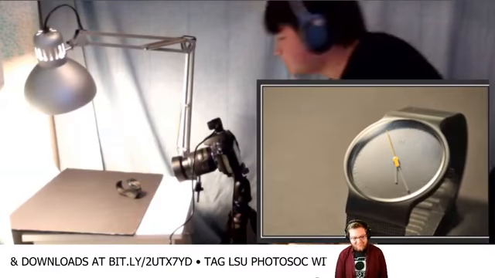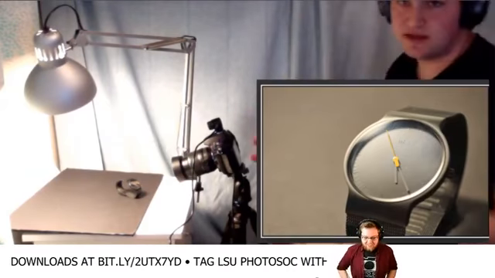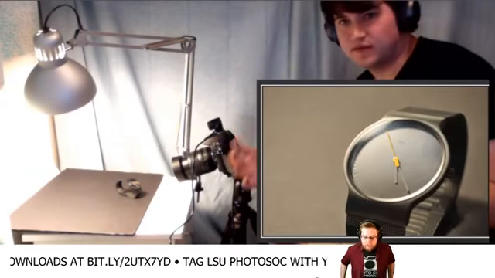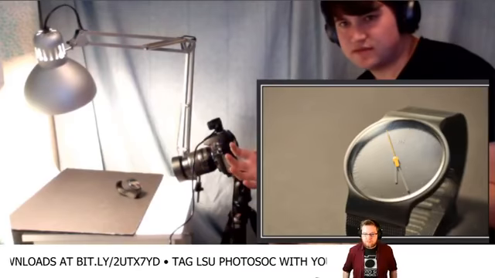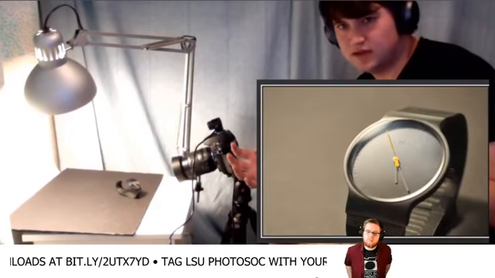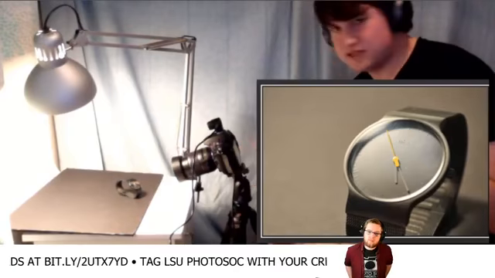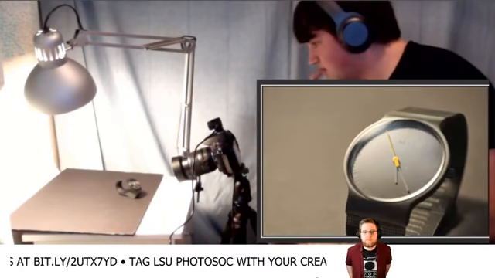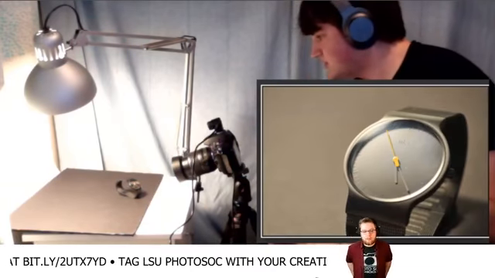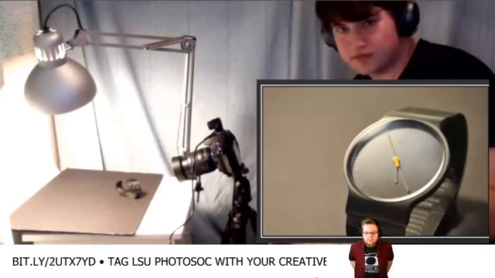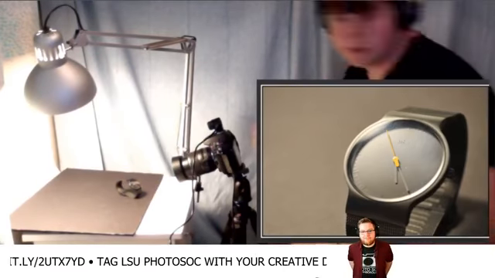Well, I'm just trying to think in my mind what sort of a photo do I want to make? Do I want to have a black background? Because it might be quite cool to try and get this, because obviously it's a black watch on a black background. If I light it correctly, I should be able to get just highlights sort of showing through. Yes. So first, what I'm going to do is